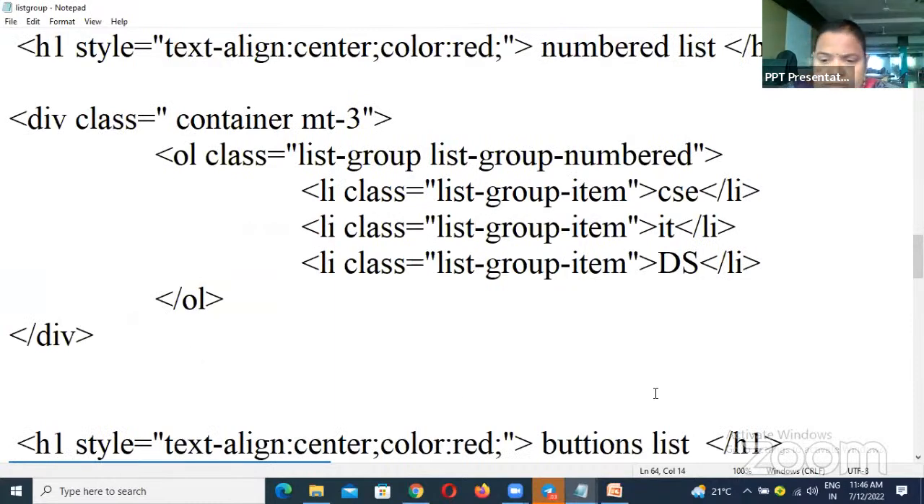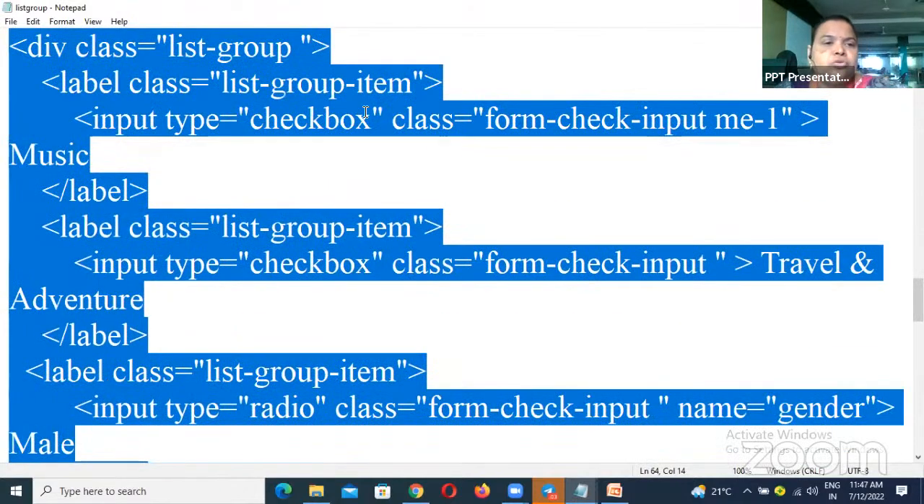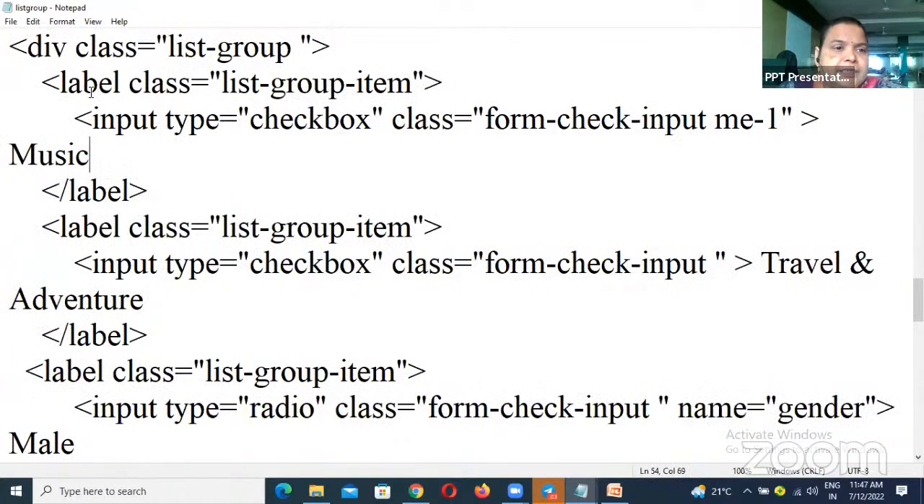Yes, sir. It is not clear. This is Anand. So this is